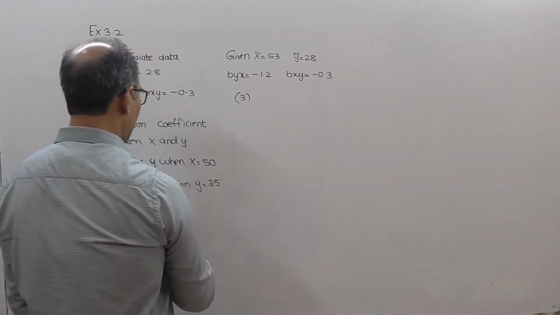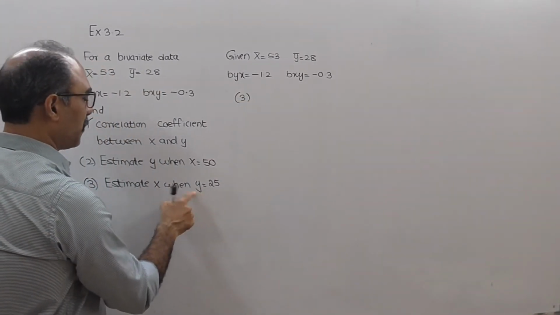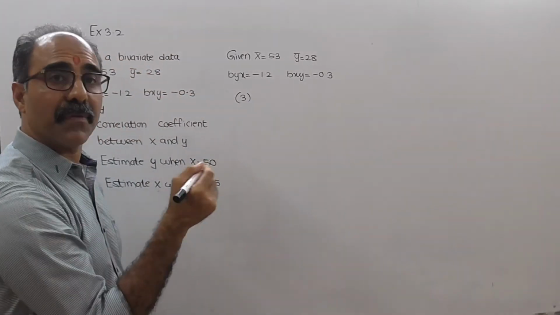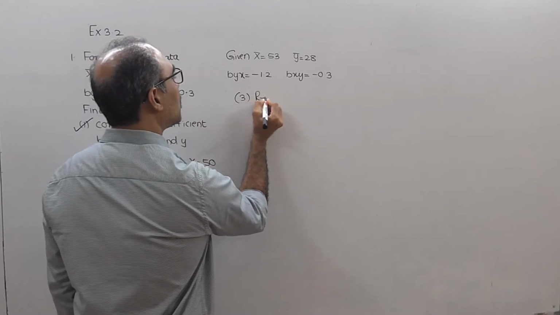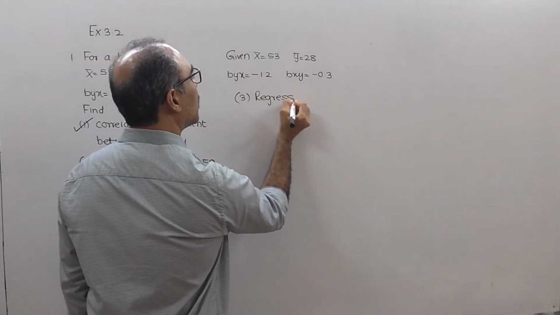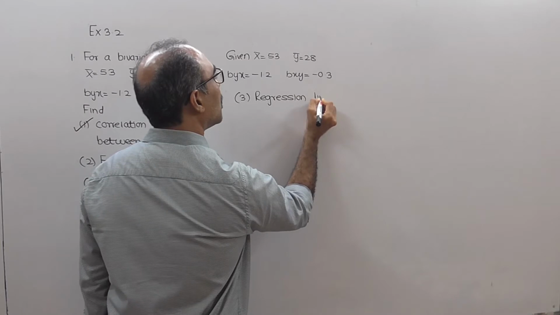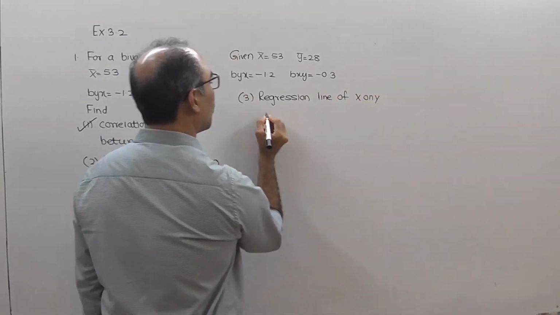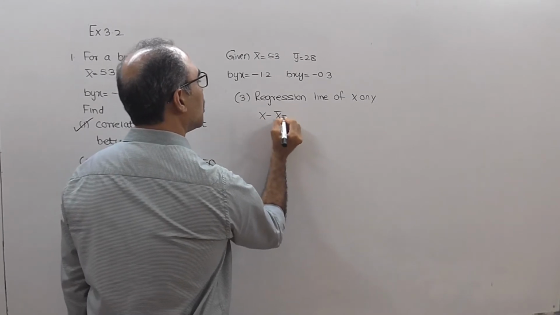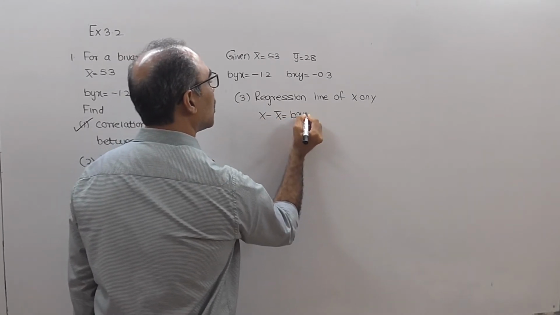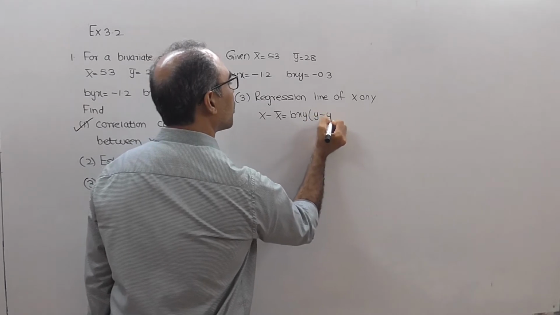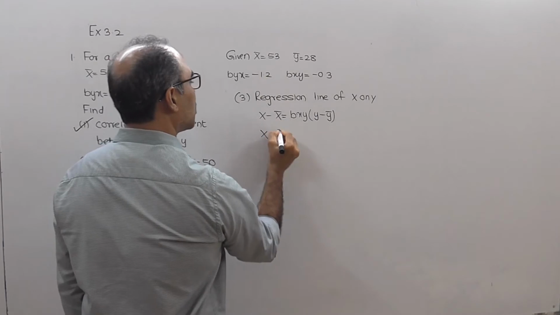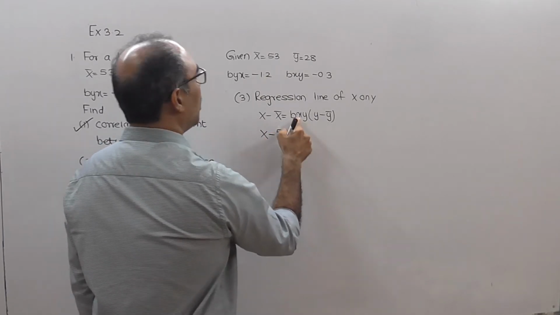Now let's go for the third part, estimate x when y equal to 25. Since I want to find the value of x, I will have to use the regression line of x on y. So I will start with the regression line of x on y, which is x minus x bar equal to bxy into y minus y bar. I think x bar is 53,